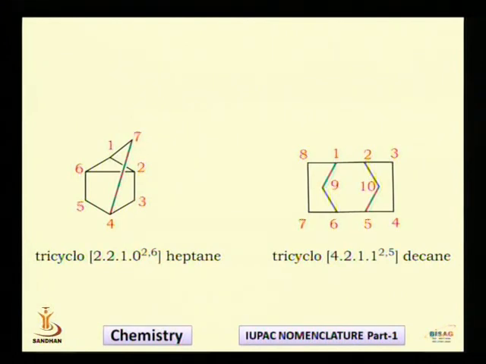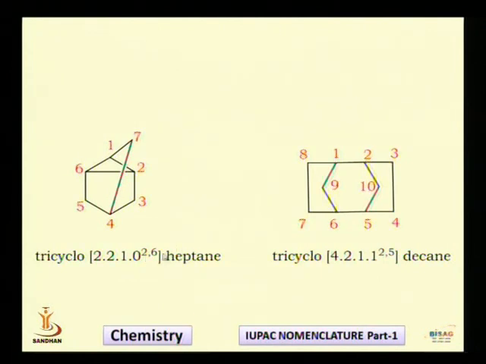And then we have to write the number of carbon atoms which are present on subsidiary bridge, and the molecule does not have any carbon on subsidiary bridge, so we will be writing 0. But as I told you, where the secondary bridge is, we have to locate. So we have to write a superscript where the secondary bridge is. So the secondary bridge is between 2 and 6. So I am writing 2 and 6. This is my superscript. So I have completed the prefix, I have completed the square bracket.